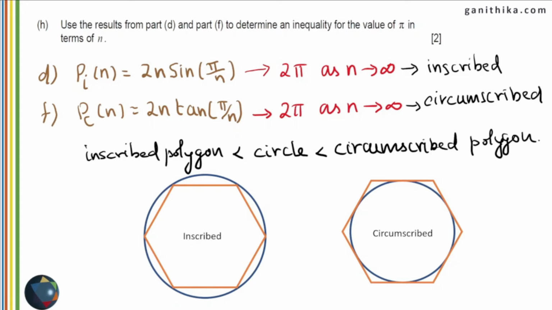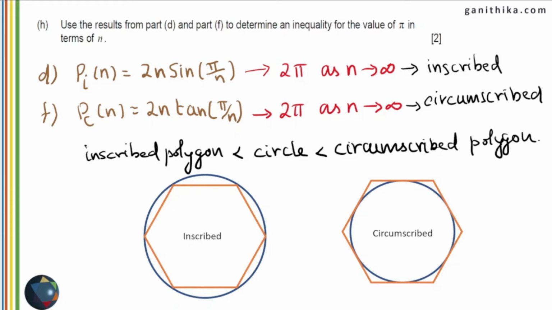Of course, it might not come to your mind immediately, but once you know that, that's why I said in the beginning, underline the words inscribed and circumscribed. You should have a very clear idea about what is inscribed and what is circumscribed. In the first case, we said that the inscribed polygon becomes a circle. How does it become a circle? It expands and becomes the circle, whereas the circumscribed polygon reduces its perimeter and becomes a circle.